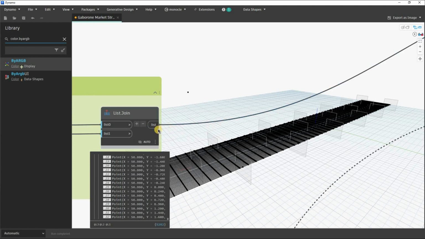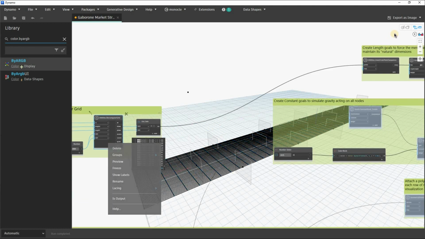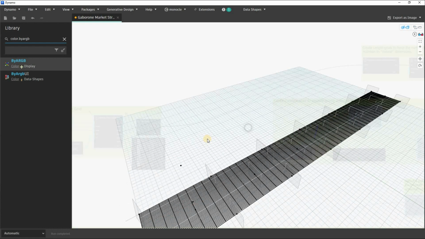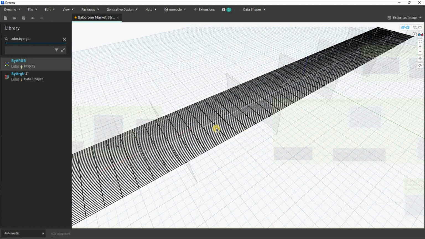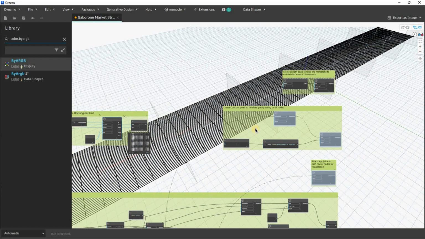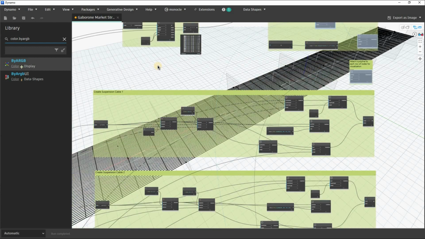Just hide the preview here. And it then creates that shape, as you can see. Okay, and then it creates constant goals to simulate gravity acting on all nodes. So then it's asking for